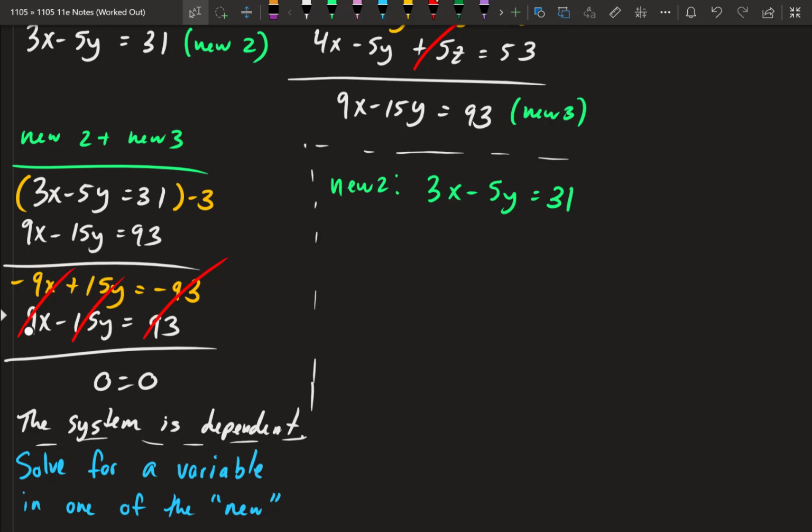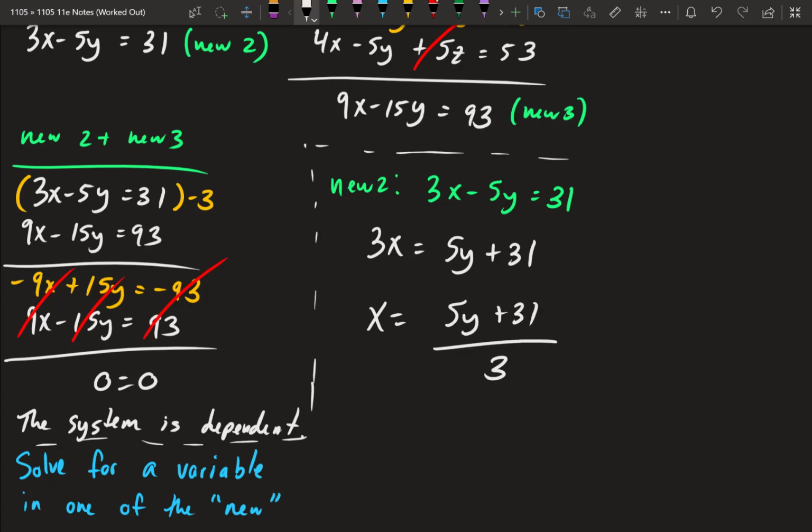You can get x by itself, you can get y by itself, doesn't matter. I chose to get x by itself. So I'm going to add 5y to both sides. We have 3x equals 5y plus 31. And then I need to divide by 3. So we have 5y plus 31 over 3. After we find that,